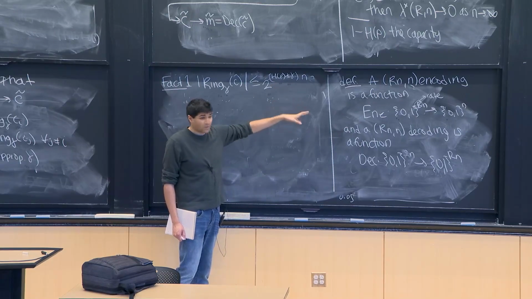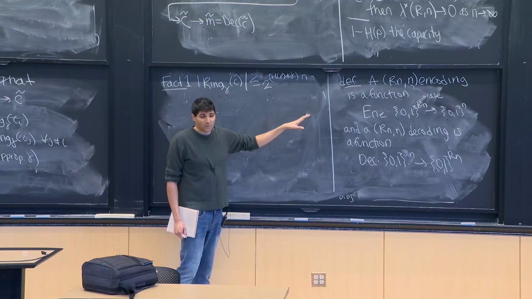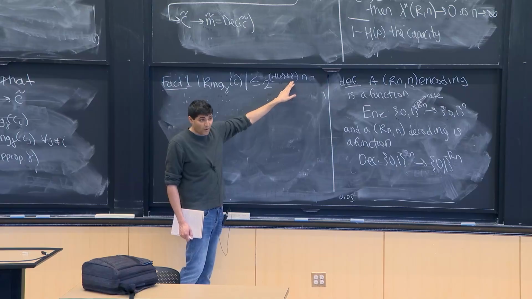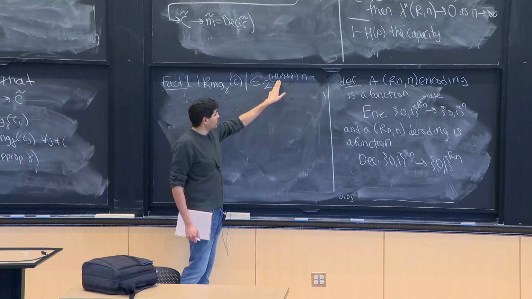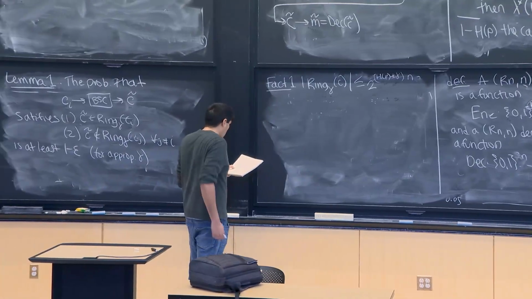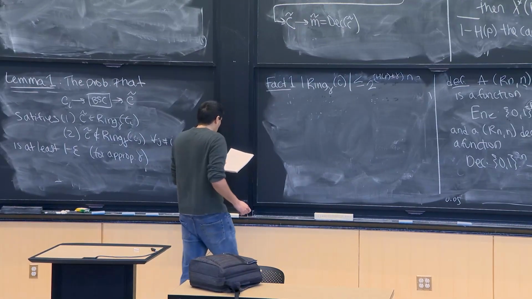It's a bit tedious because it involves a lot of algebraic expressions, but this is really how the size of the ring behaves. Up to some fudge factor that depends on the width of the ring, it's 2 to the entropy of p times n. That's our first fact, right? And so now,